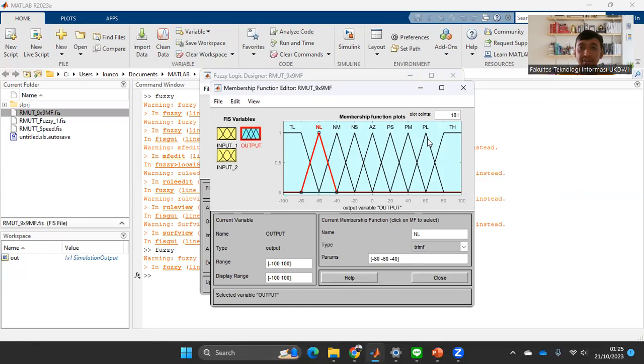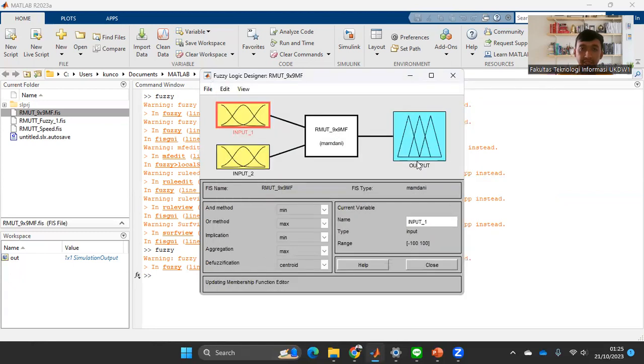After we finish setting the membership functions for input and output, we can close the window and then add the rules. We can add the rules with Edit and Rules.